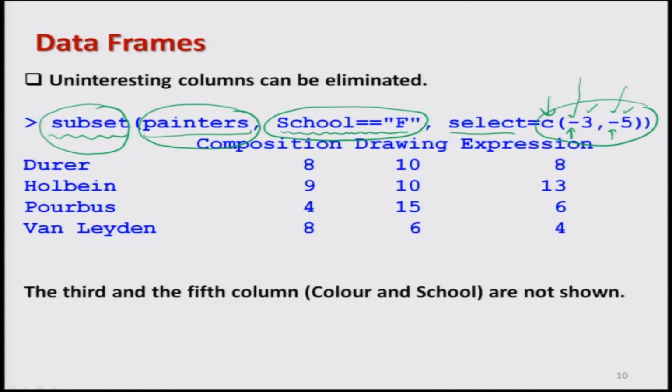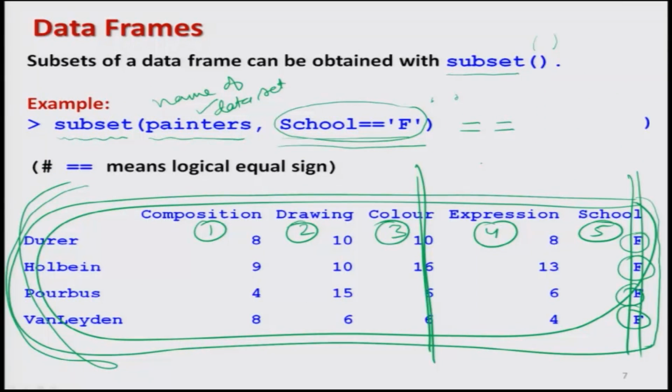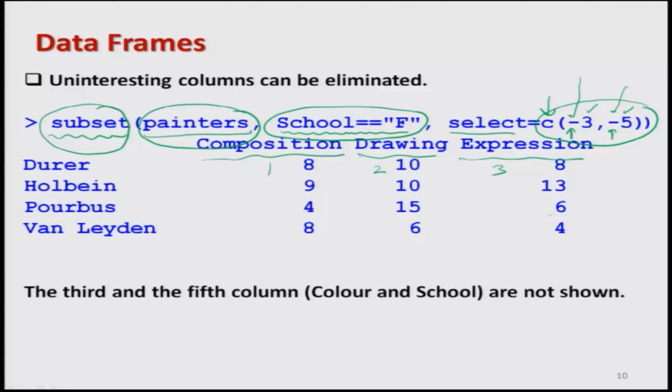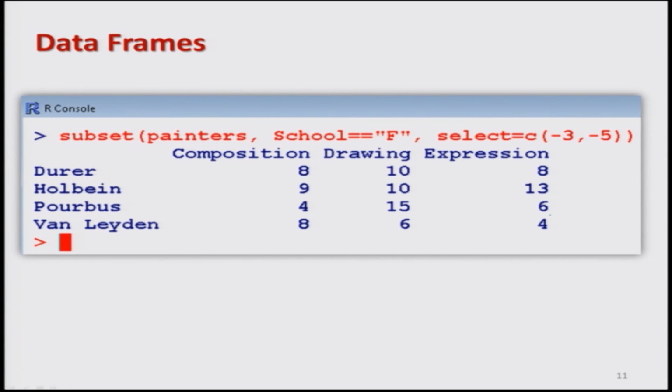You can see here you are getting only 1 composition variable, 2 drawing variable, and 3 expression variable. The original 2 variables which were the third and fifth variable, here you can see the color and school, they are no more here. So, you have removed those 2 columns from this subset, right. Okay. And this is here the screenshot, but we would also like to do it on the R console